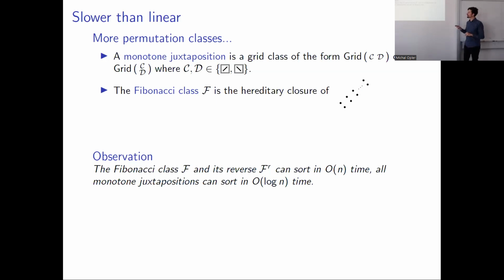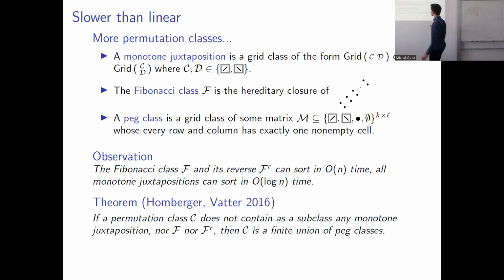The reason this is very useful is because there's a characterization of these classes by Homberger and Vatter, which says that if you don't contain these, then you must be a finite union of PEC classes. PEC classes are the grid classes where every row and column contains at most one element, or exactly one element, and it's either empty, increasing, decreasing, or a bullet point. So